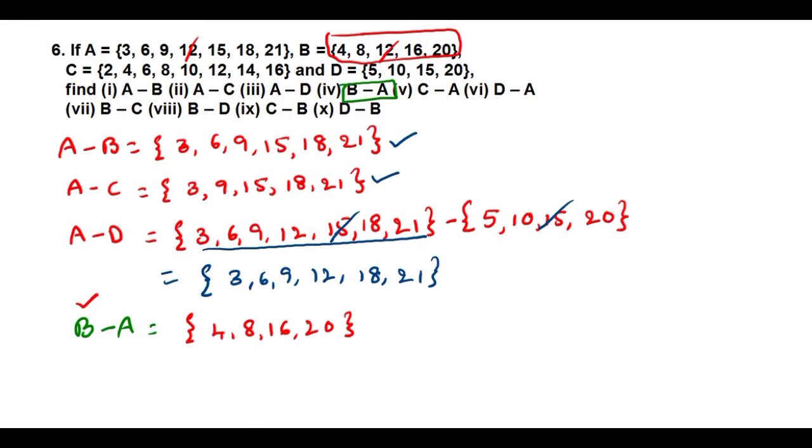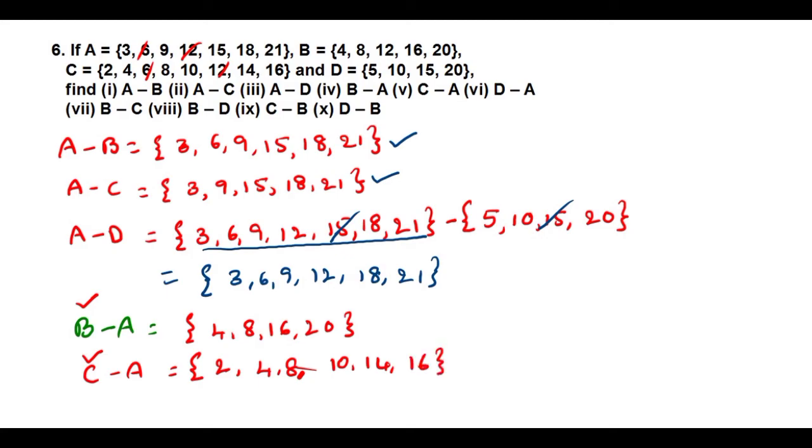Next, C minus A. What is C minus A we get? We cancelled the remaining, that means all the element from the both sets. From C minus A mean 6, 6 get cancelled, 12, 12 cancel. That's it. Now what I should write? Remaining element from set C, because in C minus A, C is the first. That is 2, 4, 8, 10, 14, 16. Okay, so this is the process.